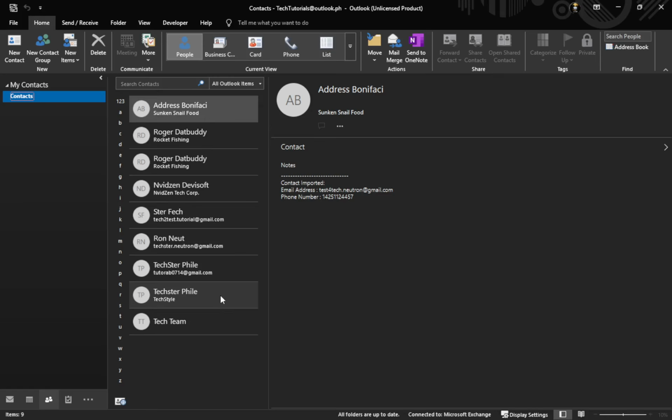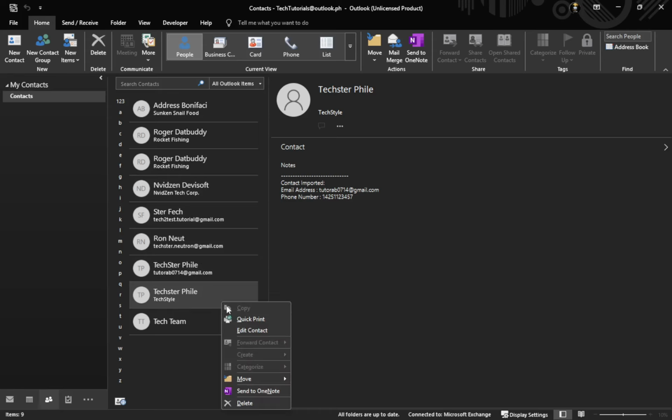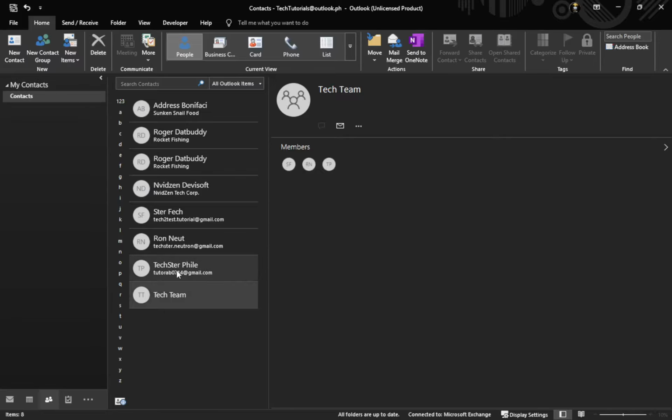Click once on the name so it is highlighted. You can confirm it is selected because the contact card or information appears clearly in the reading pane. With that ready, click Delete on the ribbon, or right-click the contact and select Delete. Outlook immediately removes that contact from the list. There is no second confirmation box in many classic setups, so double-check you picked the correct contact before you click.